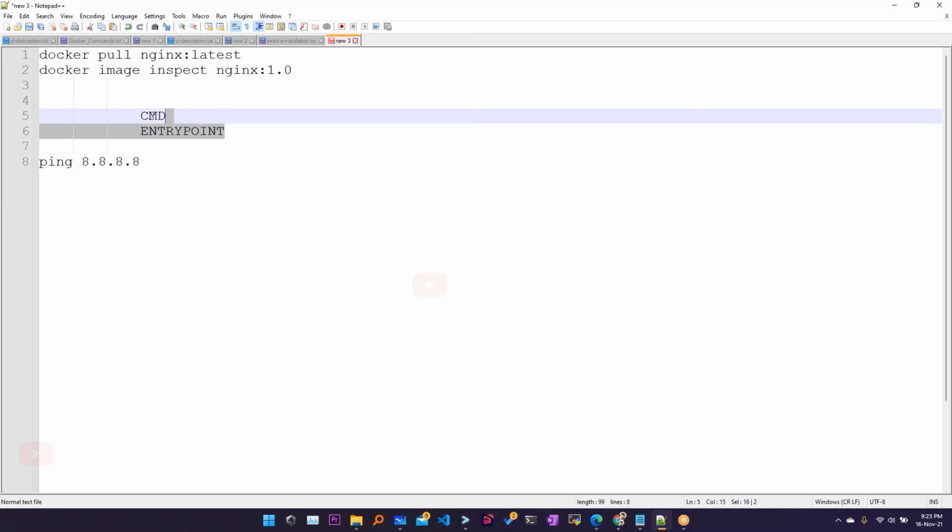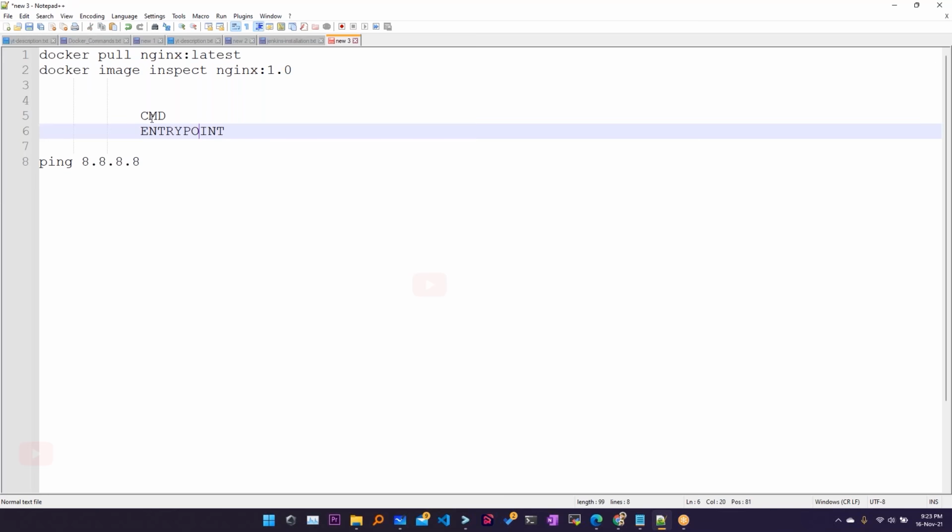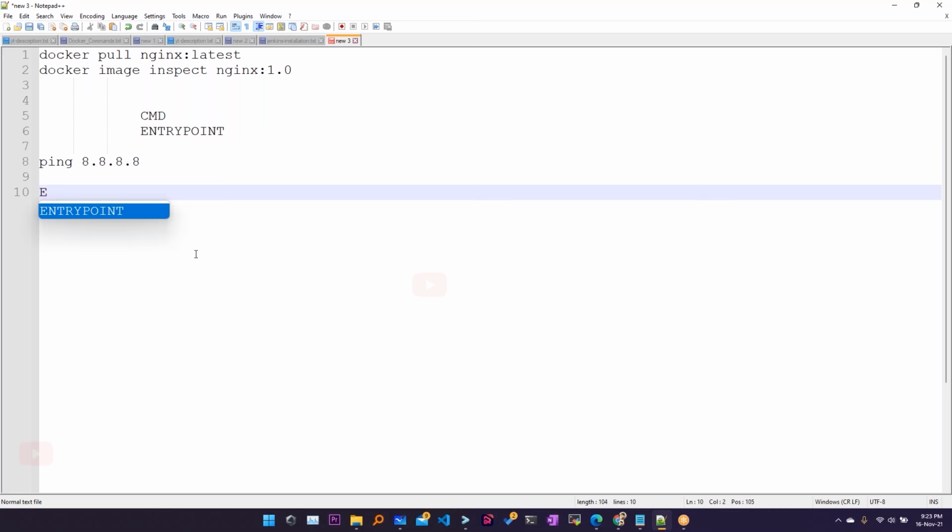Command and entry point usually work together. Either you give the command or you give the entry point, each alone. If you give both together, the final output will be entry point space command. It is like the addition of entry point and command.